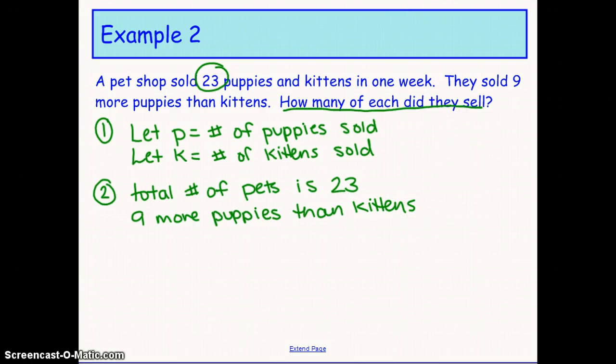Okay, so now it's time to write some equations. So we need to write our system. And we're going to hone in on one piece of information at a time. So first we'll say, okay, we know the total number of pets is 23. So you get the total number of pets by adding together the number of puppies and the number of kittens, because there are these two types. So we can say that P, the number of puppies, plus K, the number of kittens, is equal to 23,